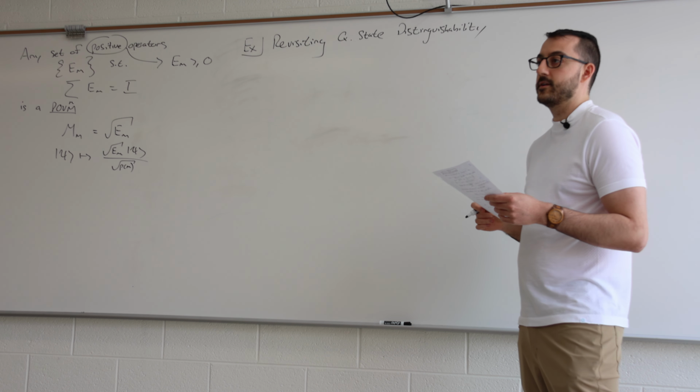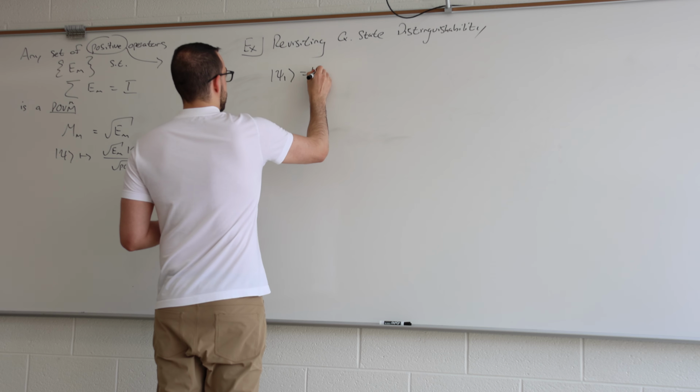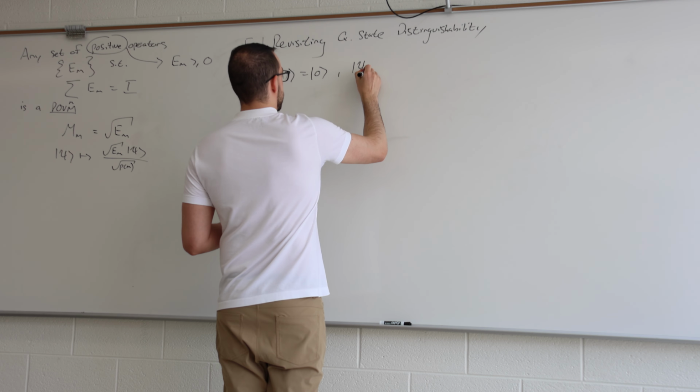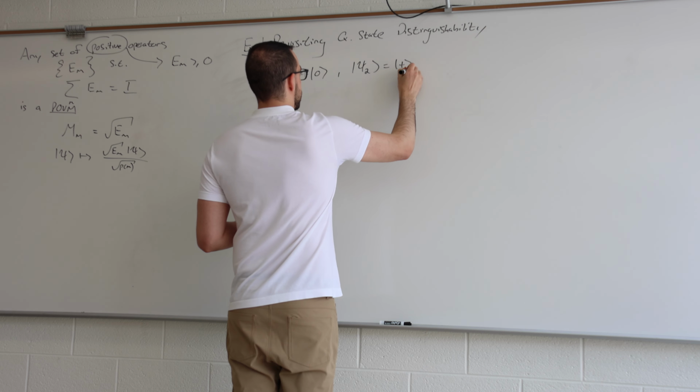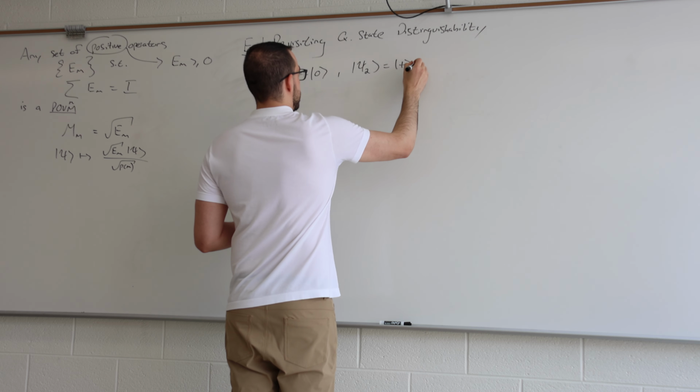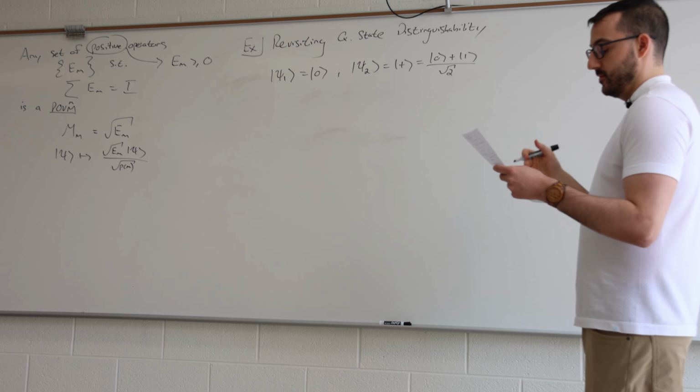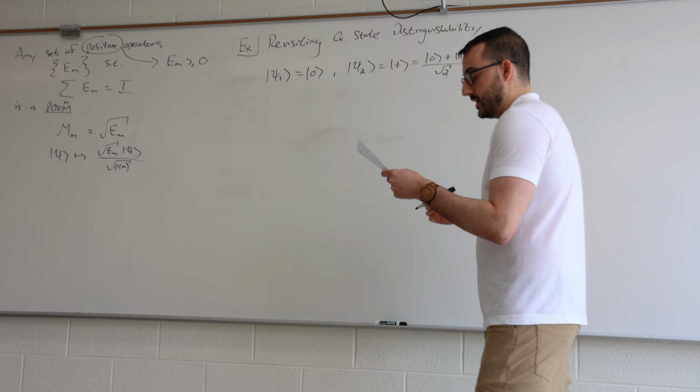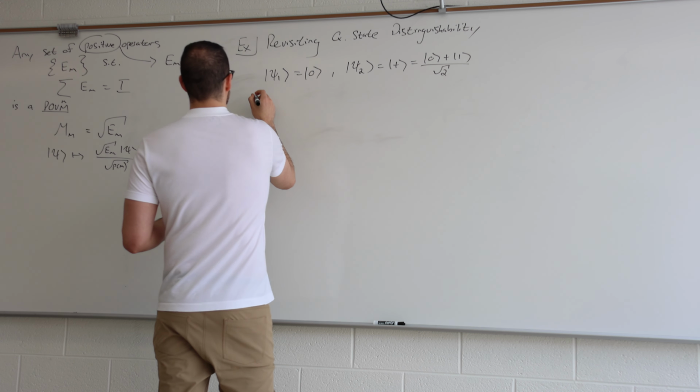So remember, we were working with the example psi1 being the 0 state, ket 0, and psi2 being the plus state, which you know as 0 plus 1 over the square root of 2. And these are not orthogonal, so we weren't able to construct a measurement in the third postulate as originally stated, which could perfectly distinguish these. For the case of POVMs, it's going to be the same, but we're going to have something interesting happen as well. So consider the POVM